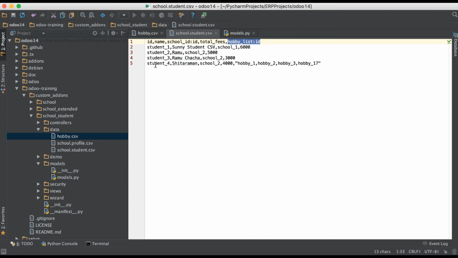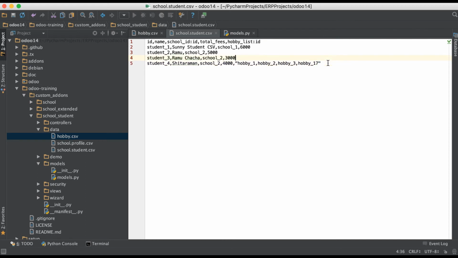So this 5th column will be treated as hobby_list. Otherwise, whatever extra field values you mention here would go to other columns. We just need to remember to add the double quotes.